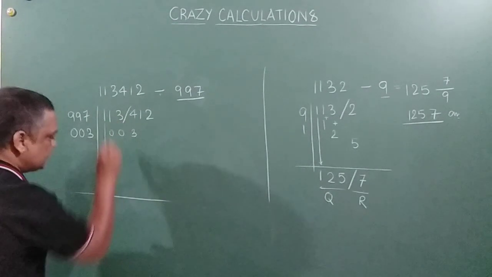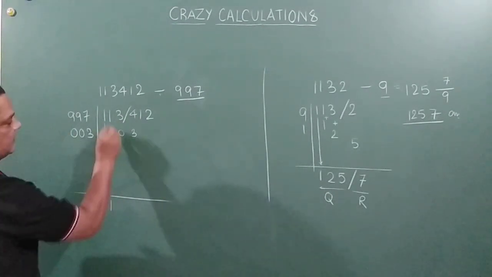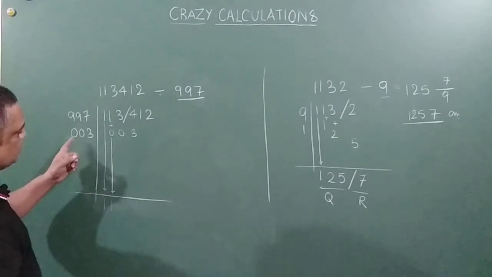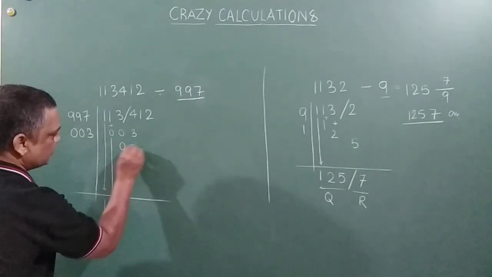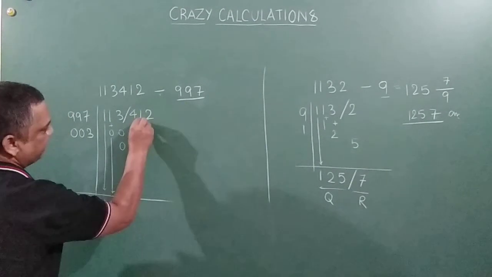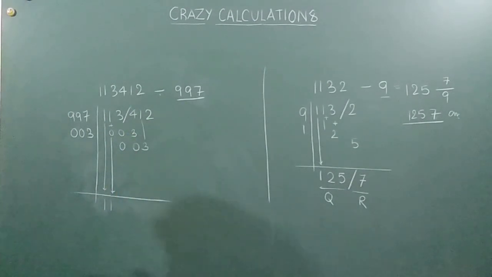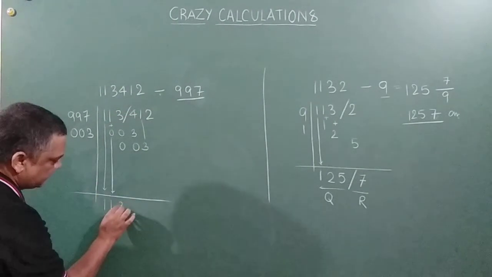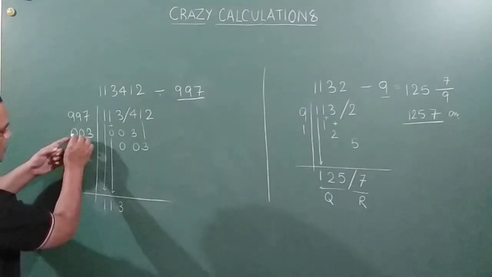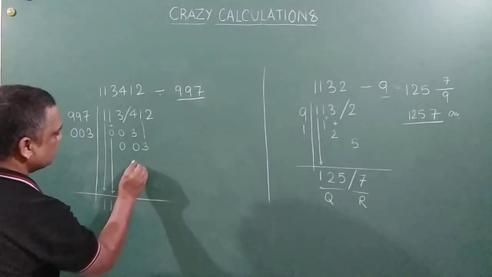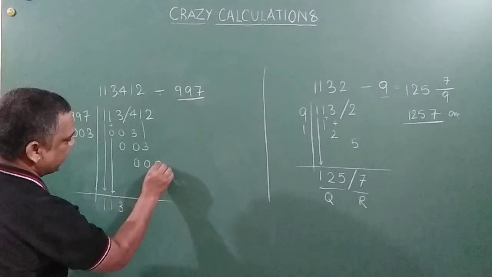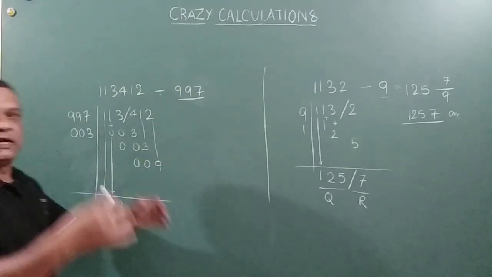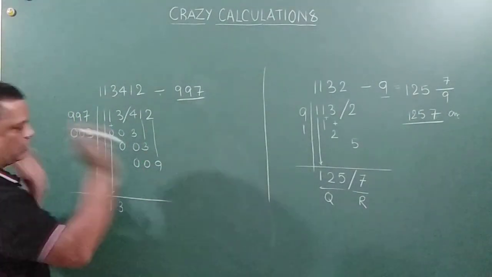Now 1 plus 0, I am going to write it here. This plus this, I will bring it down here. Correct? Now 1 into 003 is again 003, so 003. I have reached up to this digit, right? Now I am going to write 3 here. Correct? Now 3 into 003 is nothing but how much? 009. Correct? So I have reached up to here, friends. So no more further multiplication. Right? We will stop it here.